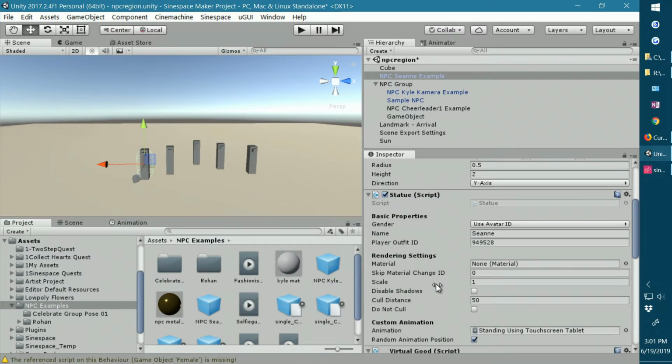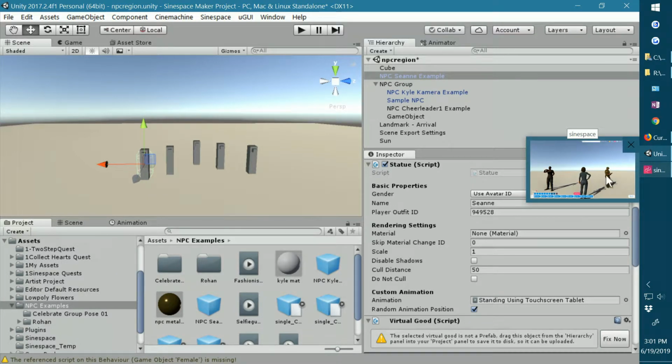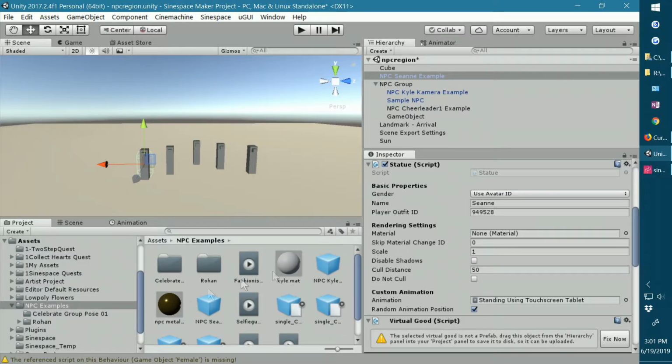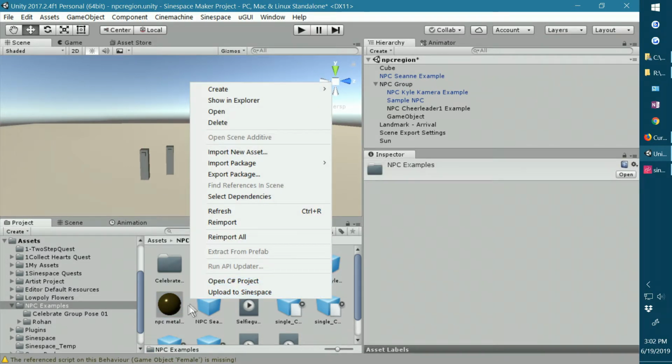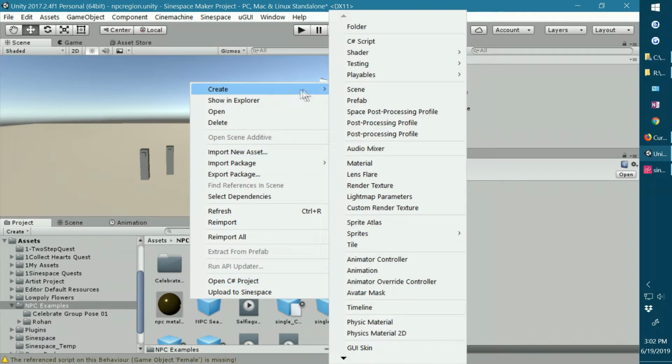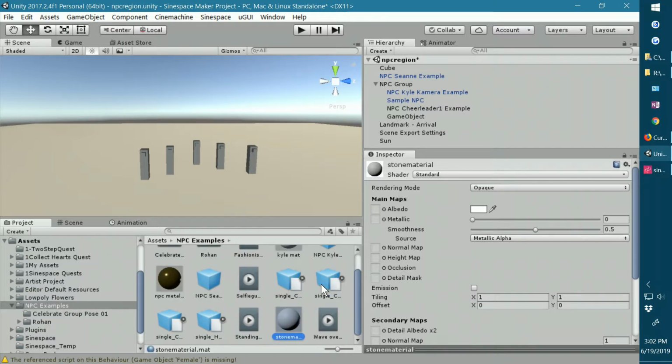One of the things about Shauna that I had in the server is that she was wearing a material. So let me just show you that very briefly. If you right click or control click and create a material, it will just make a new material for you, which you can, I'm going to put on this one stone mat. You can put material or mat, whichever you want to do. And then you fill in your albedo,